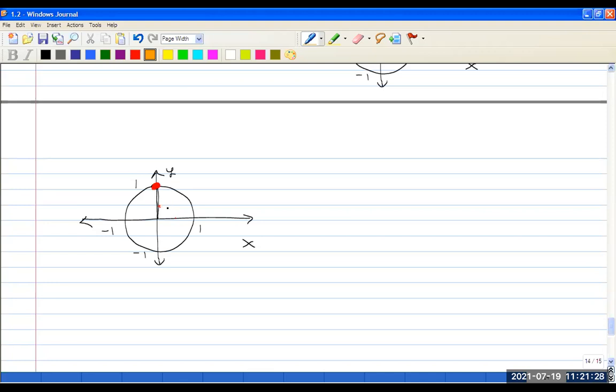So maybe I start here, but maybe I go around the circle a few times, come here, and maybe start on this, go this way, or maybe start here, go around the circle a few times, stop there. So somehow I keep going around the circle and end up here, and I don't want to. So I've got to get rid of those. So my domain